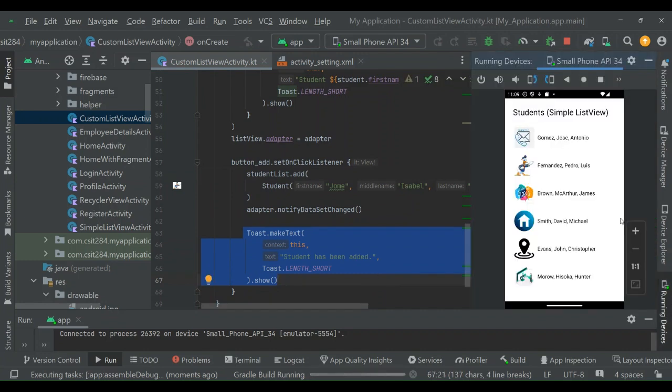So let's run our code. And I hope it will run faster though. I really have to change my laptop when I get the chance, or I clean up the laptop itself. It's taking longer now to run an Android application.